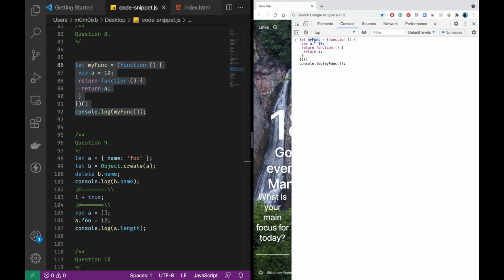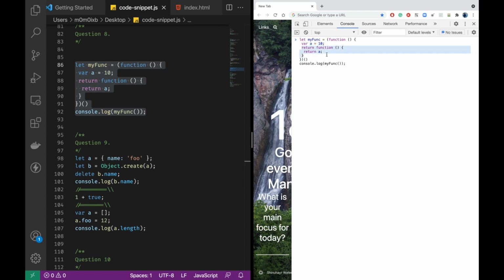So this myfunc is nothing but a function. We are calling that function, and what should be the output of this? As you can see, this IIFE block will run immediately. After running it, it will have a value called a having value 10, and it will return this function which is nothing but this a. As you know, this is a function inside another function. This is a closure basically. So this inside function is a closure. As you know, the closure has access to the variables outside of its scope, whatever scope it is residing in. So this particular function is residing inside this outer IIFE function, so it can access the value even when it is not in this particular context.